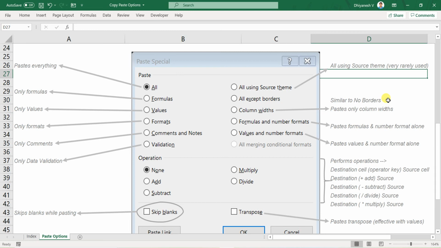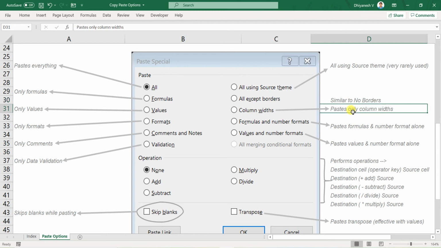Generally we won't change the theme in Microsoft Excel, so this is absolutely useless. But if you have some other file where the theme is different, you have to use this option so that you will be using the same theme here also, right? And All except borders is similar to the no borders one, and Column widths will paste only the column width.